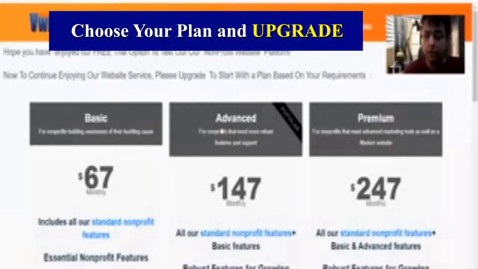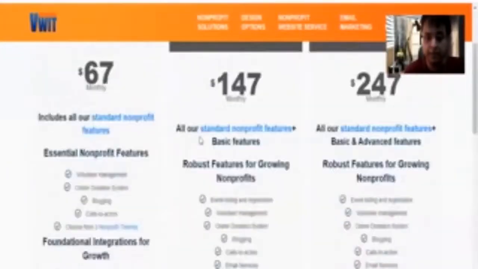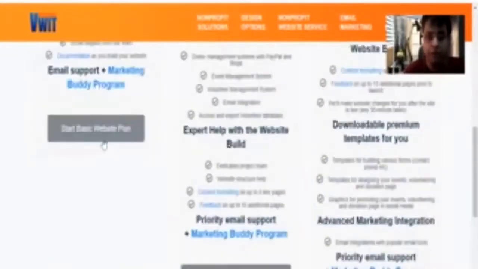Just click on it and it will open up a new page in a new tab with the information on how to upgrade your plan. This is the upgrade page and you can easily upgrade the plan that you want to by clicking on these respective buttons.